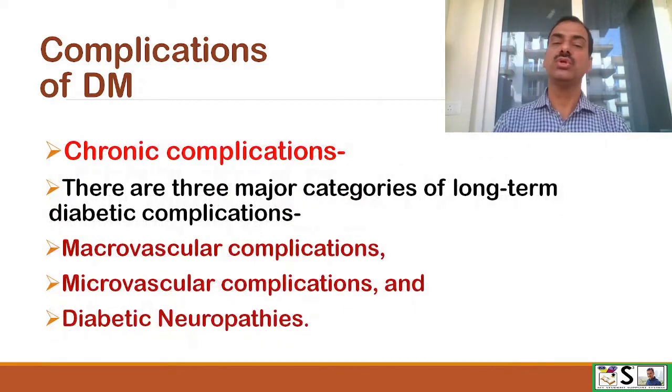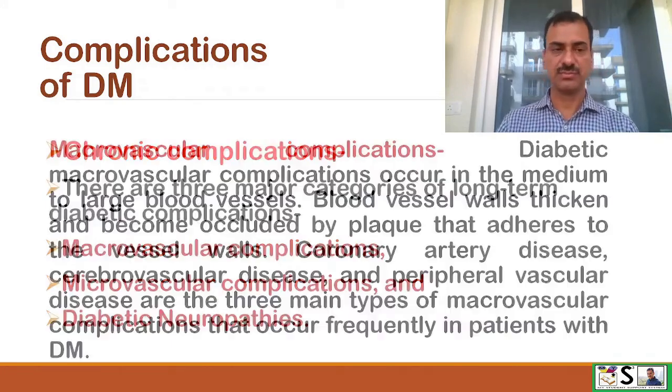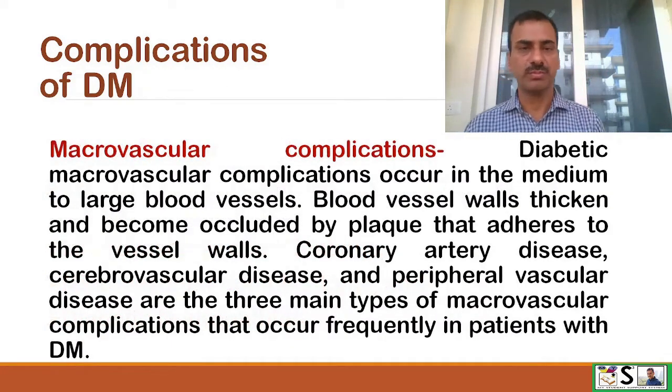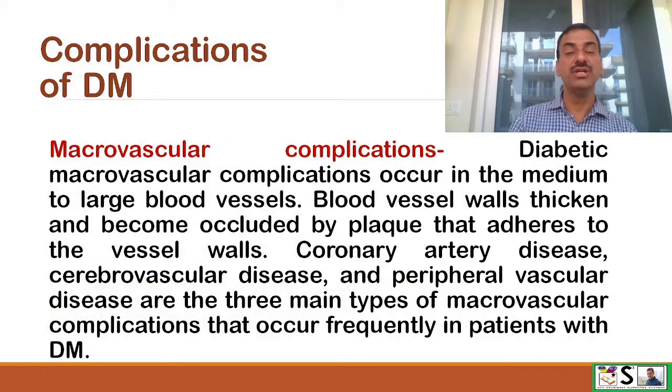Now we come to chronic complications of diabetes mellitus. There are three major categories of long-term diabetes complications: macrovascular complications, microvascular complications, and diabetic neuropathies. Macrovascular complication. Macrovascular means medium to large blood vessels. The complication of these vessels